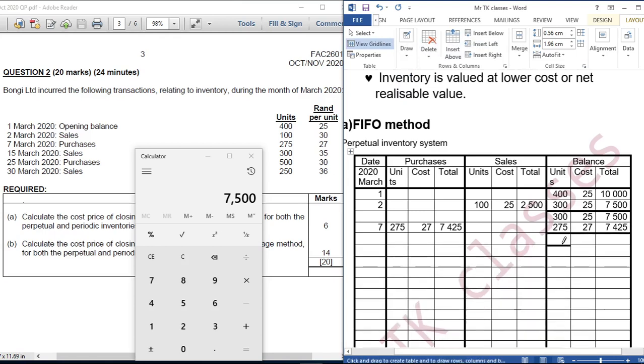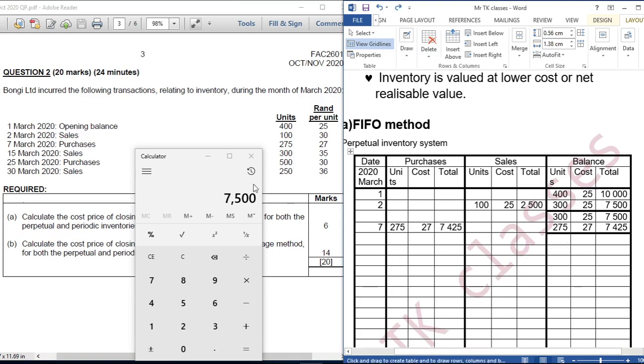Now we calculate our totals. We are going to say 300 plus 275, get 575, right? 575. Okay, then we come here. We are going to say 7,500 plus 7,425. Our new inventory is